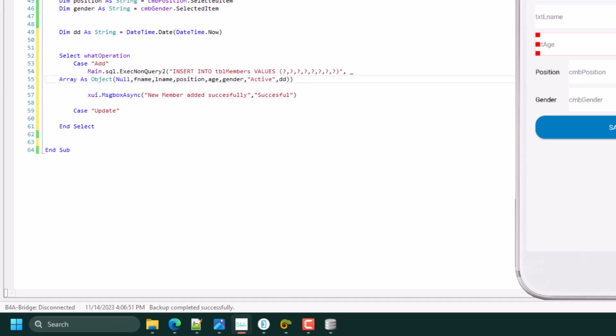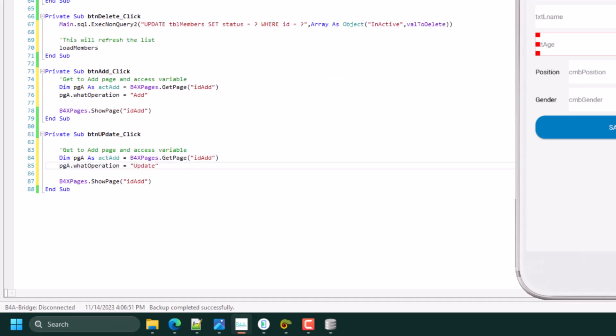The operation is inserting a new member. Good. Then the case update, we'll have to use similar code, which is this one.